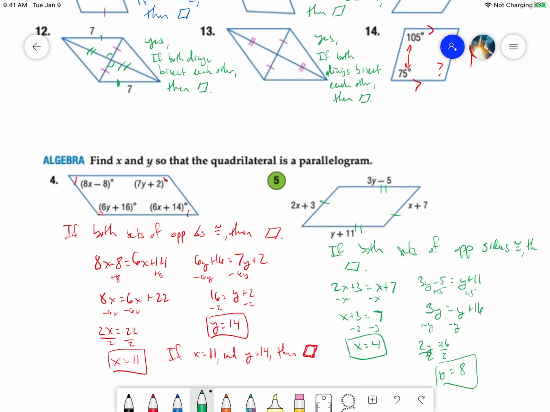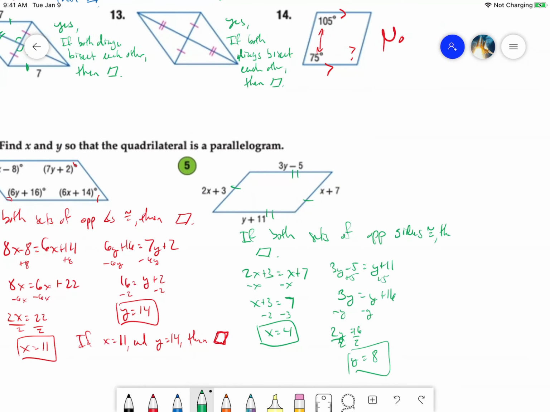So again, the way that you want to think about this is if x is equal to 4 and y is equal to 8, then we'd have a parallelogram. Okay? And that's how we use these theorems and these ideas to make this stuff work,